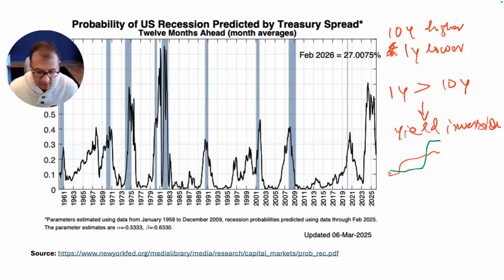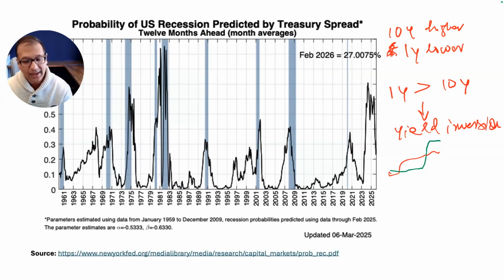Typically, why does the inversion occur? The reason is that investors start to get a higher return in their short-term bonds. And why do they get a higher return in short-term bonds? Because there is a conviction at that time that the economy is not going to do as well in the long run. That's why the short-term bond yield goes up. When that happens, that's a yield inversion. But what that actually represents is that the economy is not doing well. And historically, most of the time when this has happened, soon after that we've seen a recession.